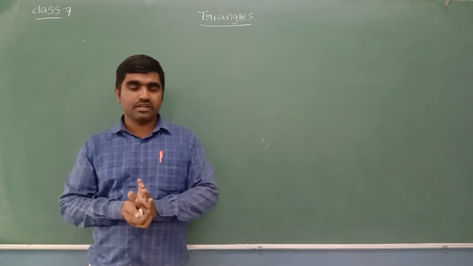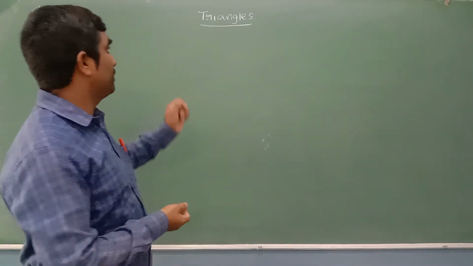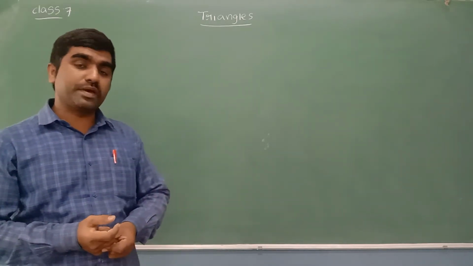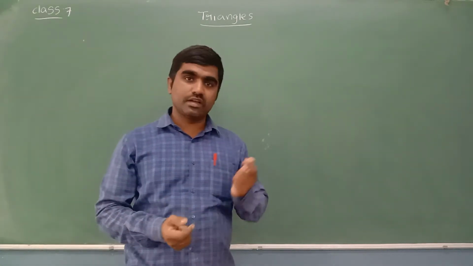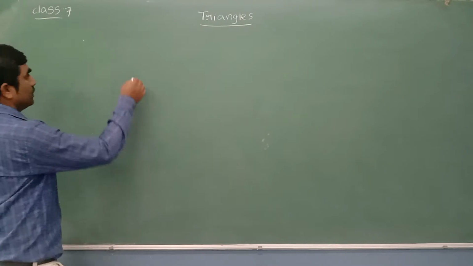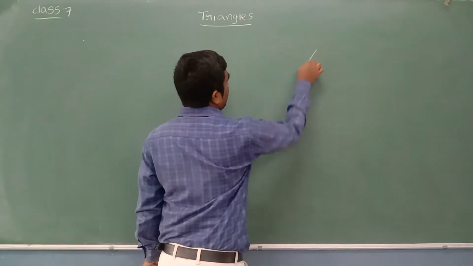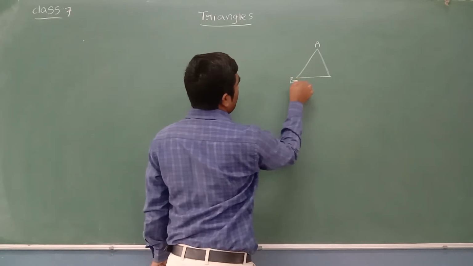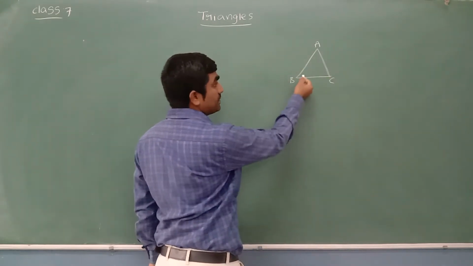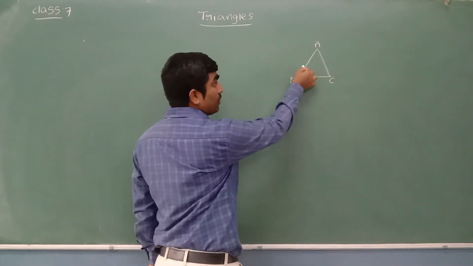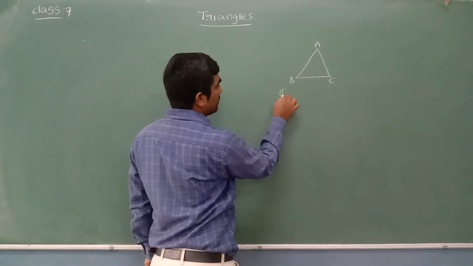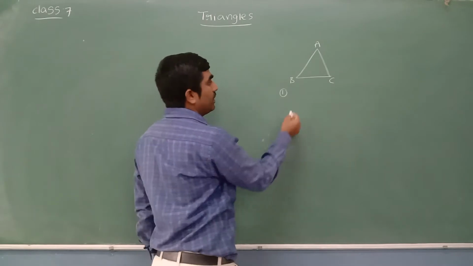Welcome to the class. Today we'll see the concept of triangles. In the previous class we already learned types of triangles based on sides and based on angles. Let me recall once. So this is a triangle we know clearly. What is this triangle ABC? It is a simple closed figure which is bounded by three sides. It is called a triangle, or we can say that a three-sided polygon is called a triangle.